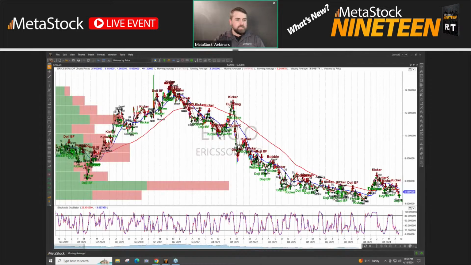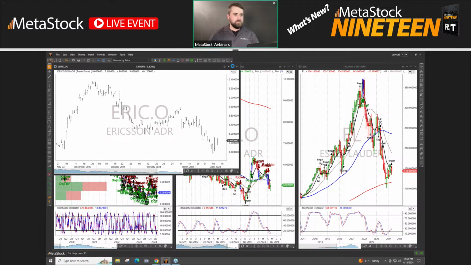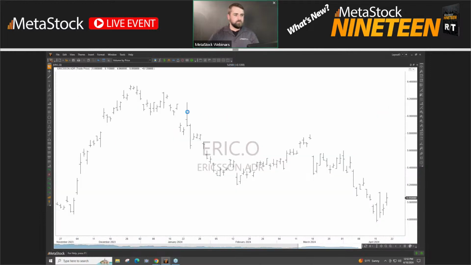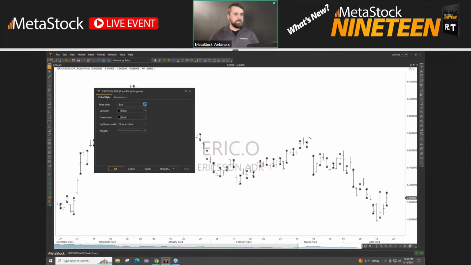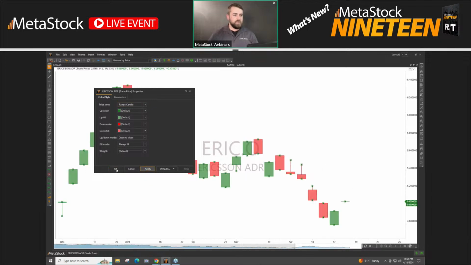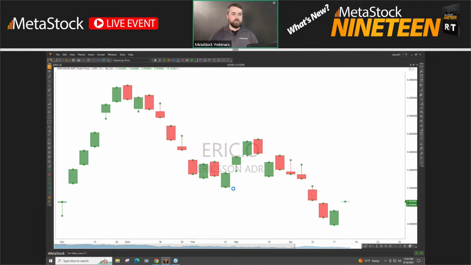And to show you guys that, let's do a clean chart template. So I clicked on the 1, we'll open this up. I'm going to double click on one of these lines, and under price style, we have bars, and I can do a range bar or a range candle. Either way, you can set how you want all of this to be applied. I'm going to hit OK. Now you'll notice every single one of these bars is the same height because it's the same amount of range. If I hover over, the range is 0.156079, etc. So that's pretty cool.